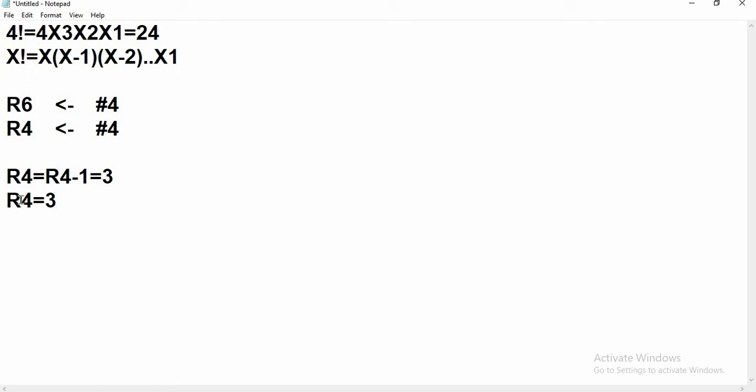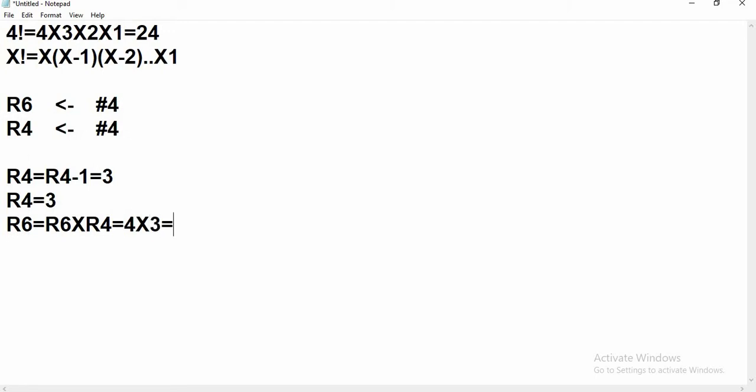Now I will multiply this R4 with R6 and store the result in R6. That is, R6 is equal to R6 into R4. We know that R6 has 4, so 4 into, and R4 has 3.